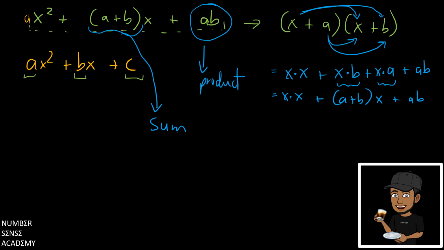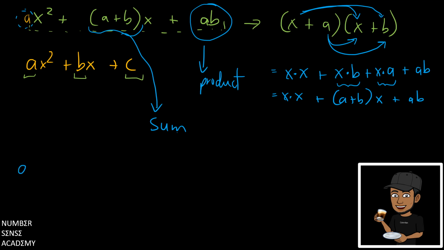Now, a more complicated side of this is when a actually has a value that's not 1. Maybe not greater than 1, it could be negative as well, as long as it's not 1. So if a is not 1, right? That kind of throws a wrench into the whole pie. So what ends up happening now is